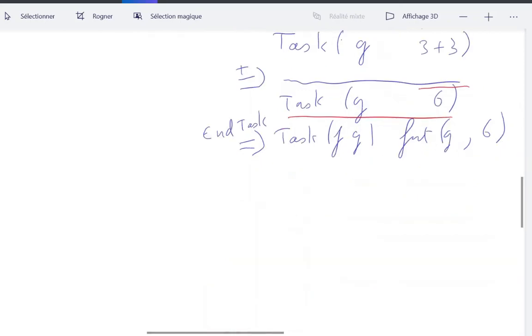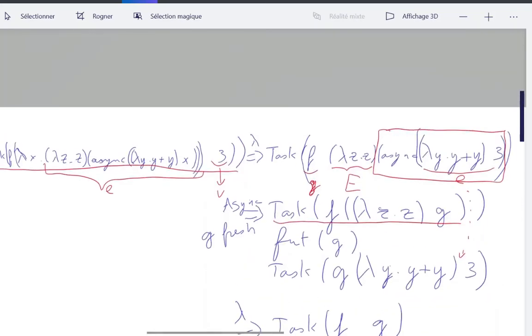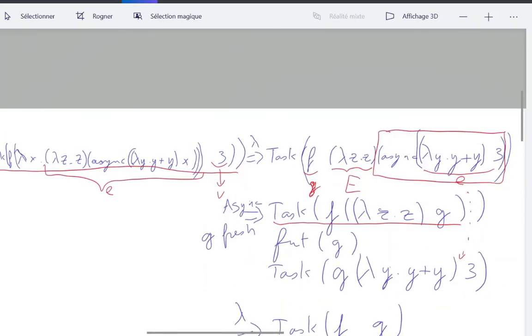I didn't illustrate all the rules. It would have illustrated all the rules if I had a get statement here.